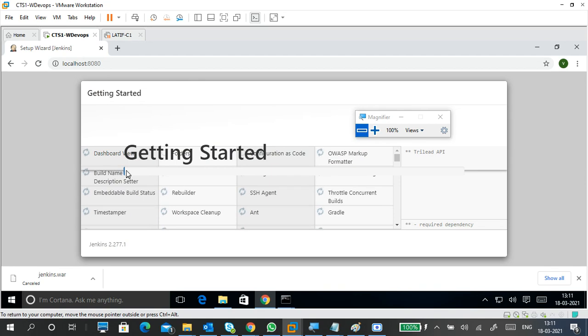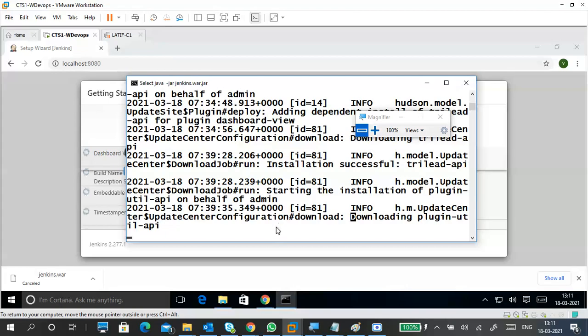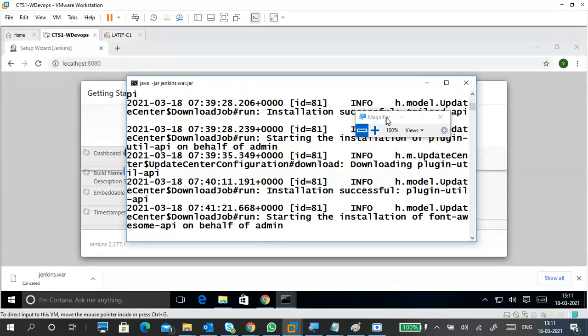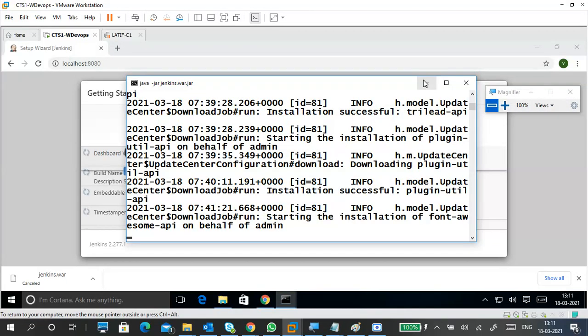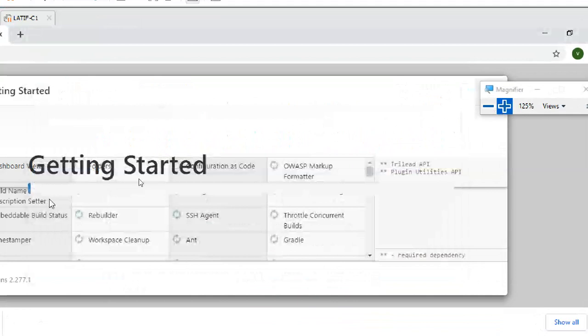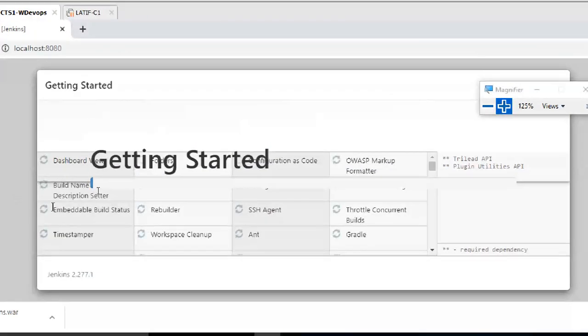Yeah, it has started now. A little bit of blue color came. It takes time.